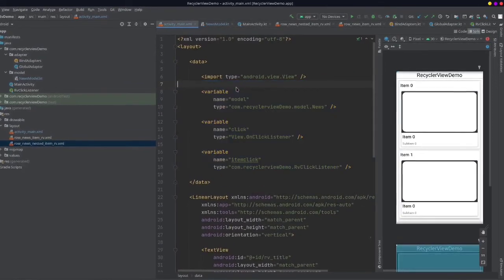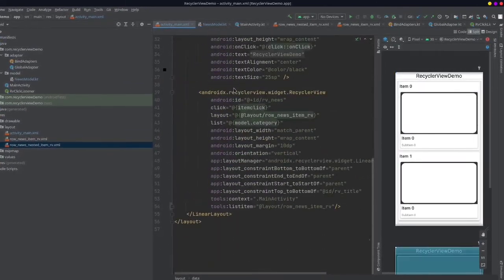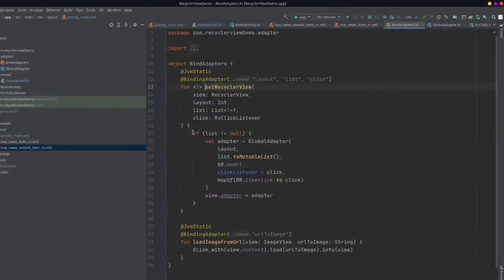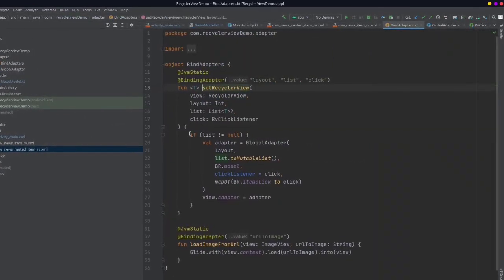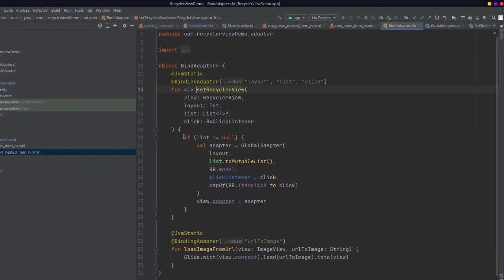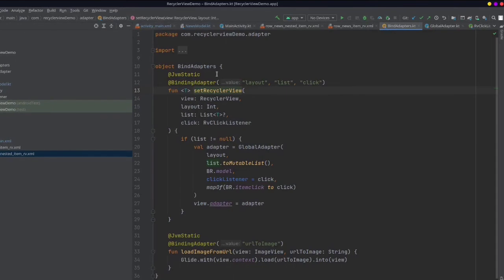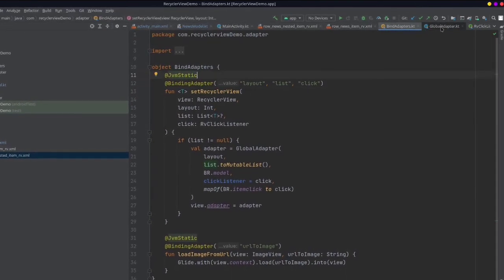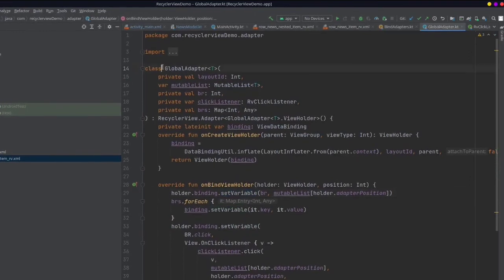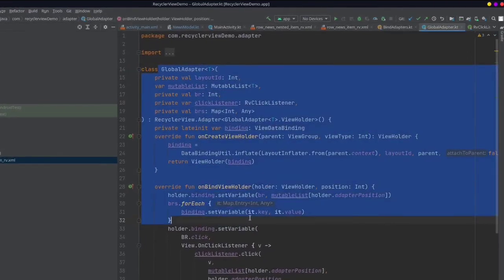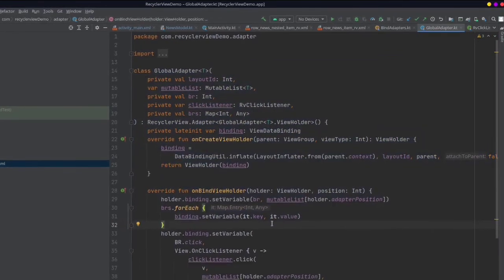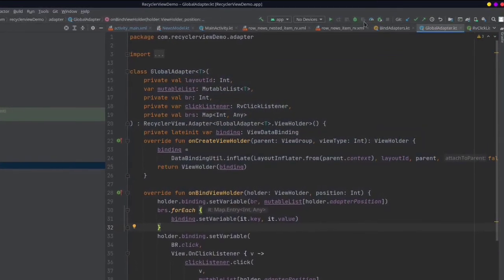What I have done here is convert this whole process of initializing recycler view again and again, and making an adapter for every recycler view, into a shorter process with the help of the binding adapter and data binding. We can simply do it like this.